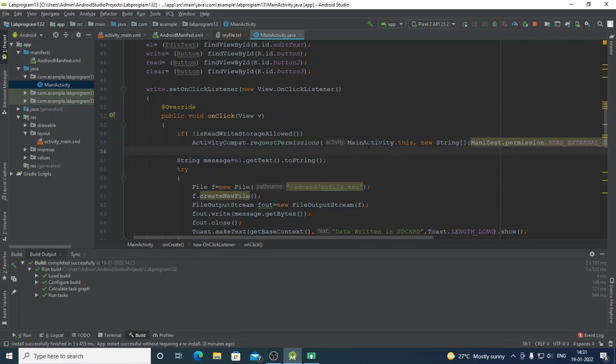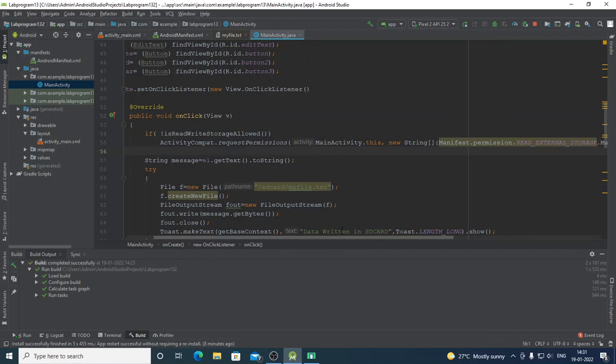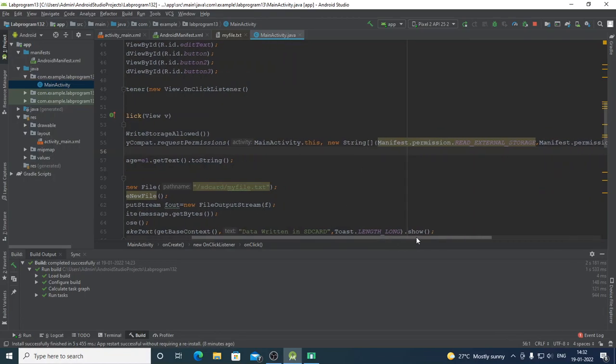So first argument is the context, base context. Second argument is a string array. You can use this requestPermissions method for requesting more than one permission, that is why it is a string array. All the permissions have to be passed as a string array here.